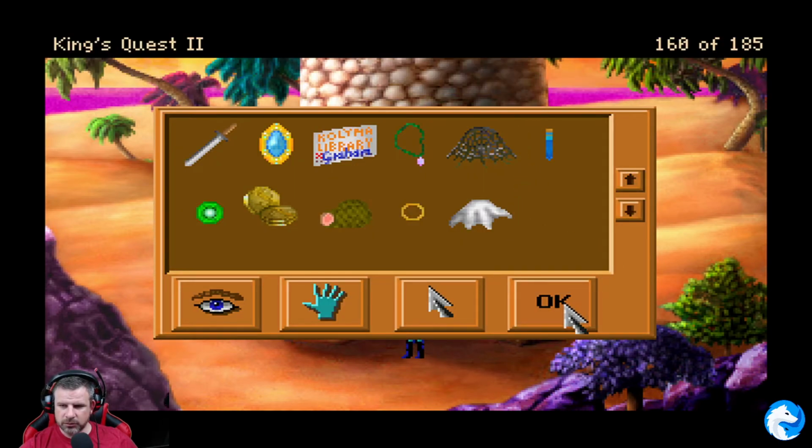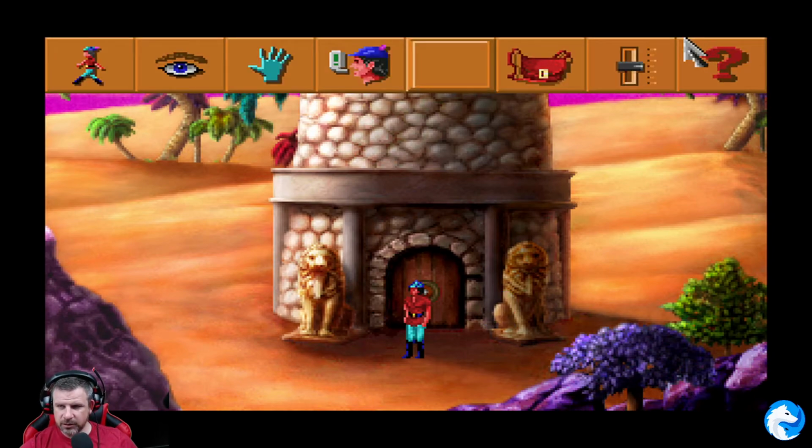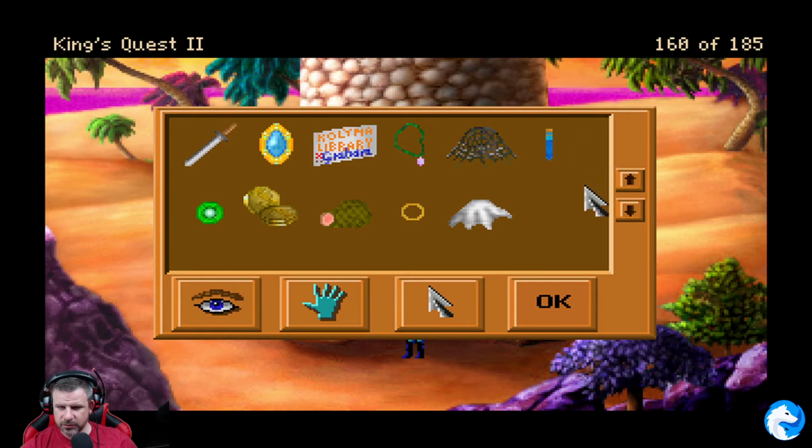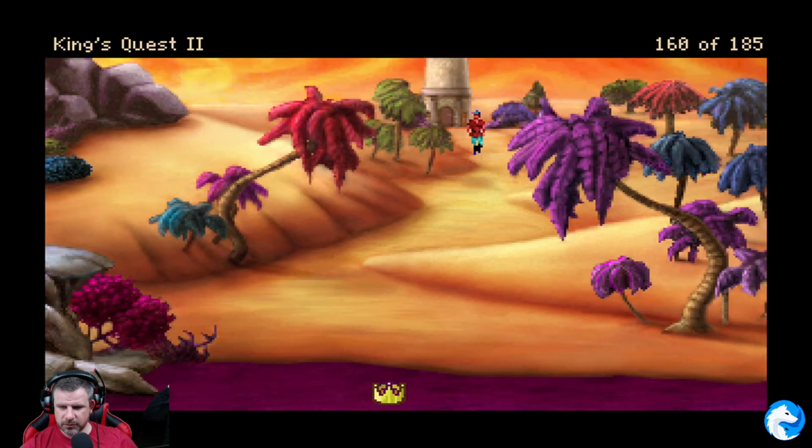Oh, it's this other one here. I have to put water in a bowl and pour it on the letters? Do I even have a bowl? Get water and pour it on the